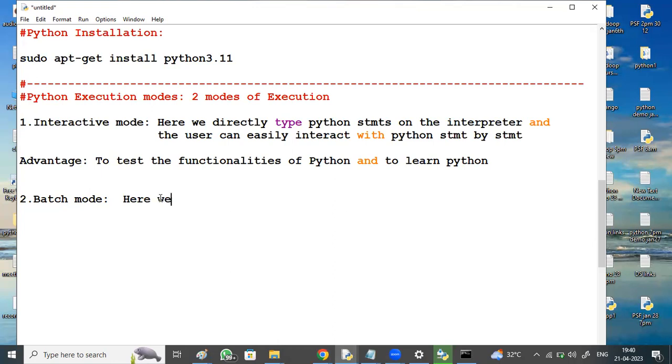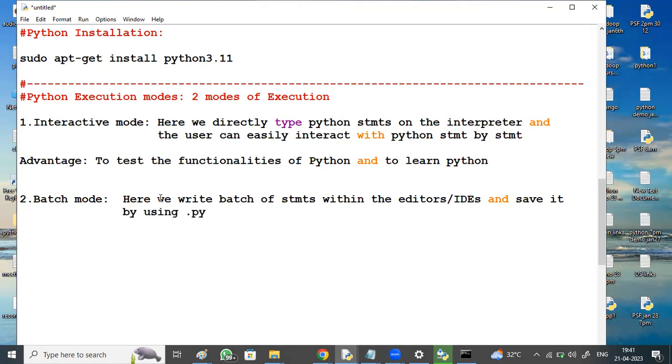Here we write a batch of statements within the editors or IDEs and save it using the .py extension, and later submit it to Python.